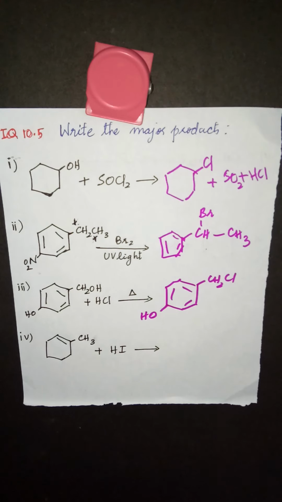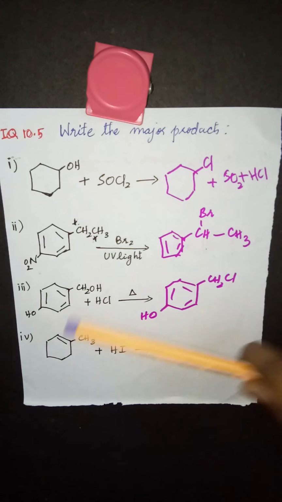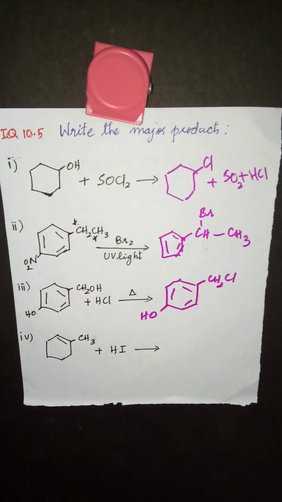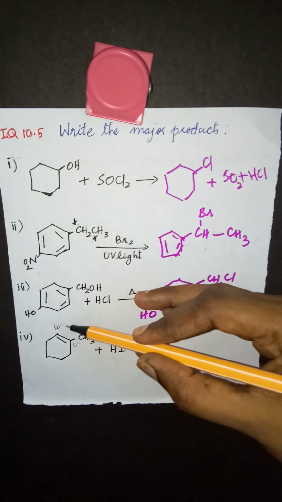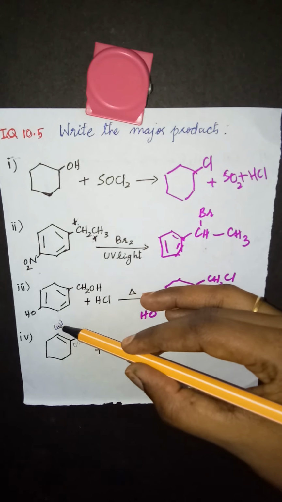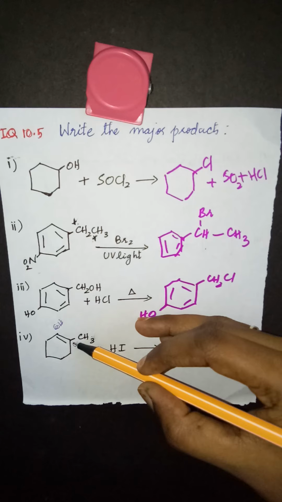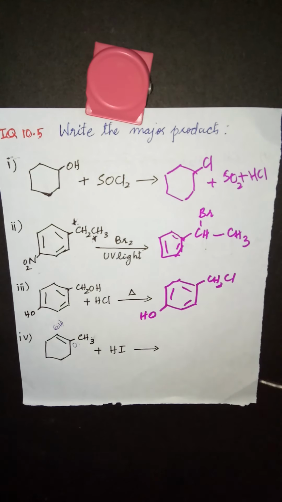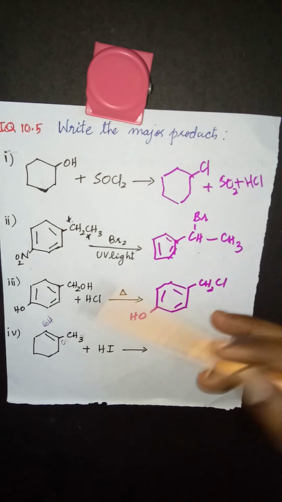And coming to the next example, you have HI and you have a double bond. And obviously we follow Markovnikov's rule. So what happens here? This halogen will go to the carbon having the smaller number of hydrogen atoms. So which carbon has fewer? This is a carbon, this is a carbon, a carbon-carbon double bond. Here this carbon has CH, because this is actually CH2, and since there is a double bond, this is actually CH, and one H is replaced by CH3. So here it is C, here it is CH. So which carbon has more hydrogen atoms? This. So this has only one hydrogen, here no hydrogen atom. So obviously iodine will go to this carbon.